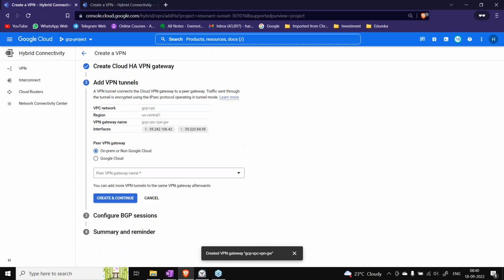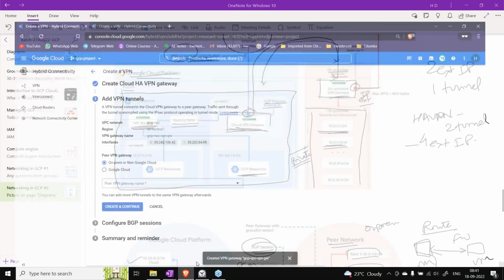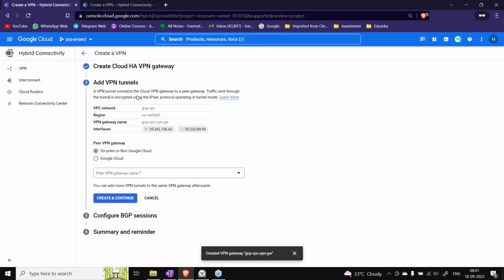Now switching back to GCP. Now the gateway has been created. Now it is asking for the tunnels, right? And there will be two tunnels. For each tunnel, it will use some interface, and this is for the gateway, right?